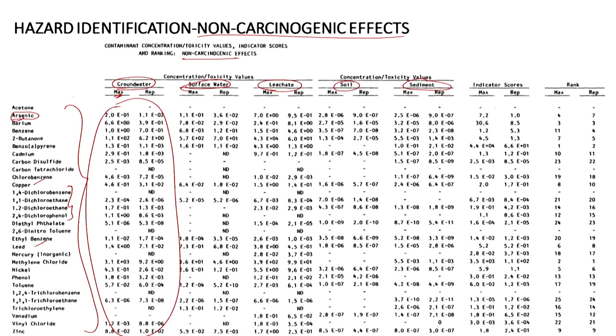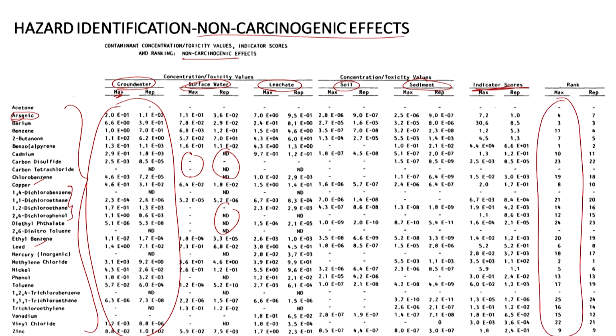Again this is where we are. So again concentrations are looked at and different pathways are looked at, and in some of them obviously it's not detected, right? And then based on these indicator scores, we rank the different compounds depending upon various factors. And again keep in mind that various countries or various states have their own ways of giving different weightages, right? But usually it's, as I mentioned, the level of toxicity, or if it's a carcinogen, obviously they will consider it in general anyway, the level of detection and the frequency of occurrence, right?